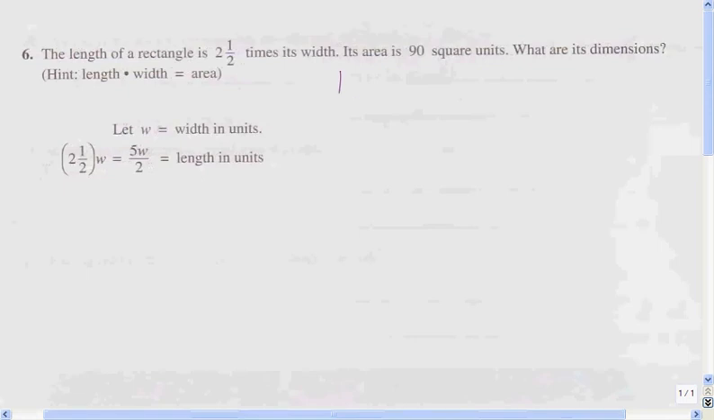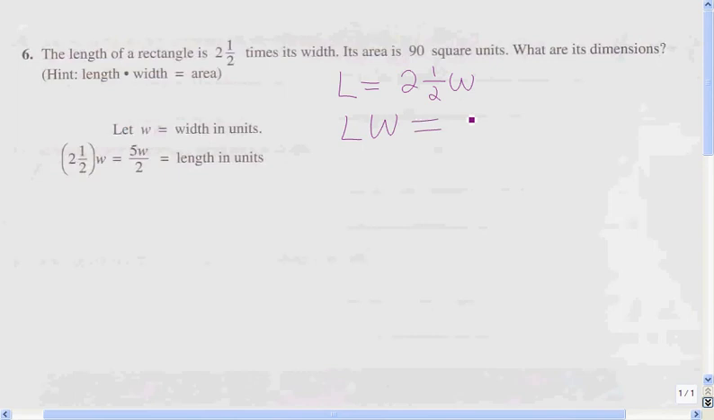So L equals 2.5 W. Its area, so LW equals 90. So L times W equals 90. What are its dimensions? Well, let's substitute, since they tell us that L and 2.5 W are the same. Let's substitute L for 2.5 W. So 2.5 W